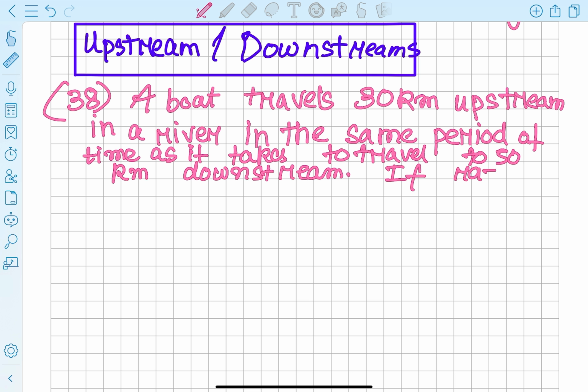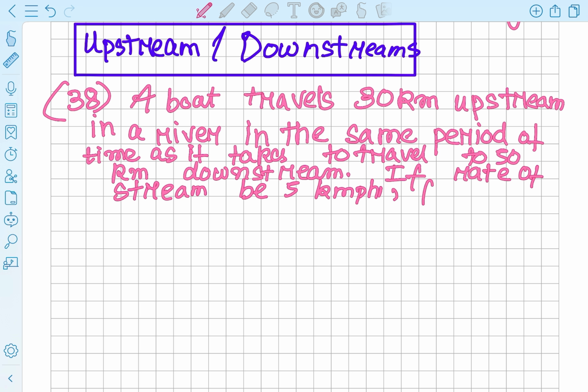If the rate of stream be 5 kilometers per hour, find the boat speed in still water. Usually whatever they are asking you to find,